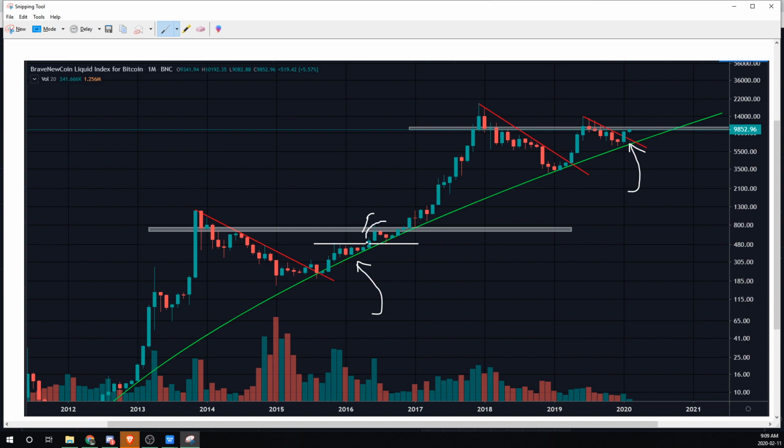We could see a pullback like we saw here. I am still having that in play in my mind, but the current area where we are is sort of, for me, the last area that we could see that pullback to this green support there. If we're going to pass it, I do think we're going to see a significant amount of buy volume come into the market, because passing the 12K mark and seeing the bullish momentum come into the market would definitely give it a lot of validity,